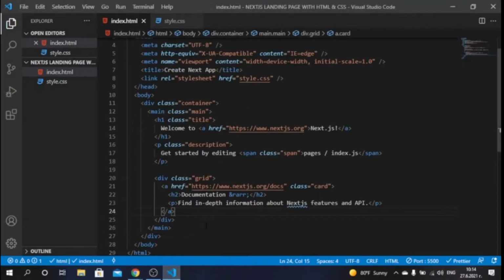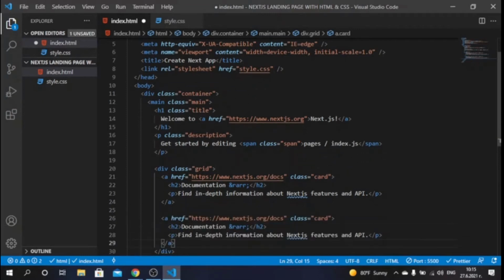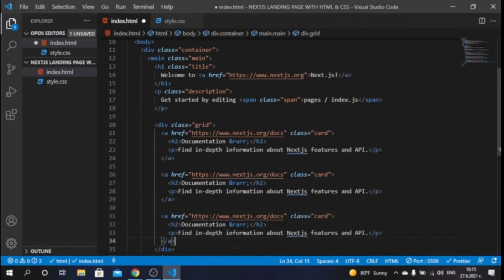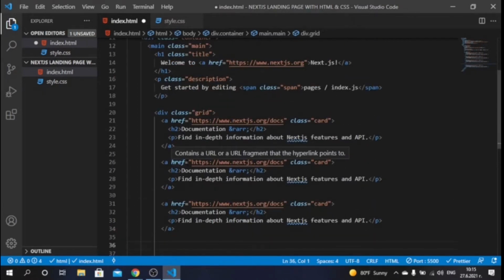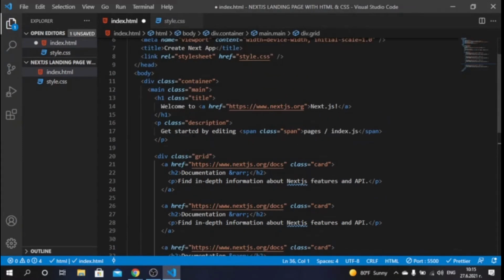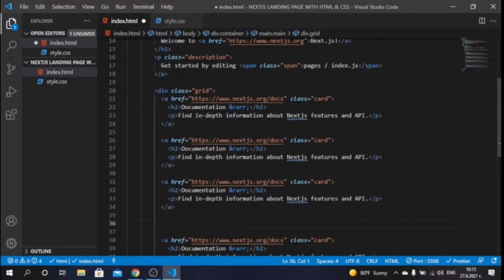We will have 4 of those, so let's simply copy this href and paste it a couple of times. So we'll have 4 cards, so 3, 4. Okay. The second one will say, here instead of documentation, we will have learn. So learn, and the paragraph will say,